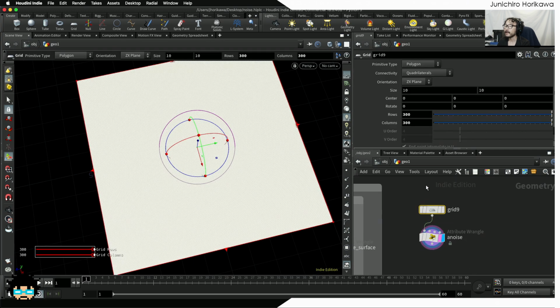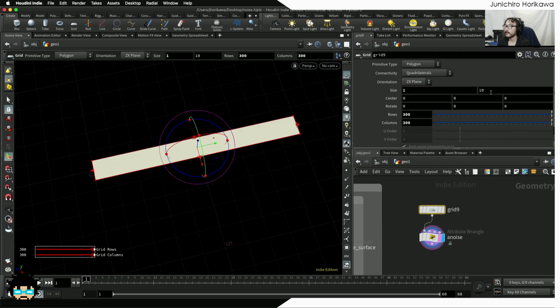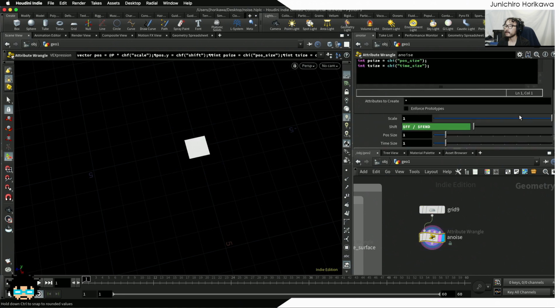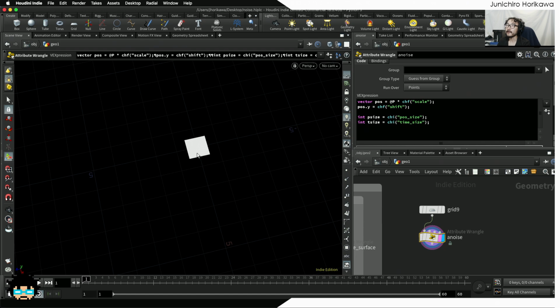Now I'm going to set the grid size to 1, so that I can make this a single tile geometry or single tile face. Okay, now after creating this p size and t size, for the position, I'm going to multiply this with p size, and I'm going to multiply this y value, which is going to be used as a time shift, with the t size. Okay, now it's time to create an alligator noise value using a noise,